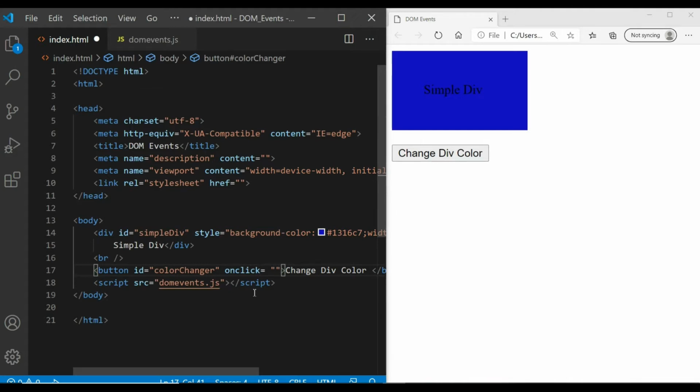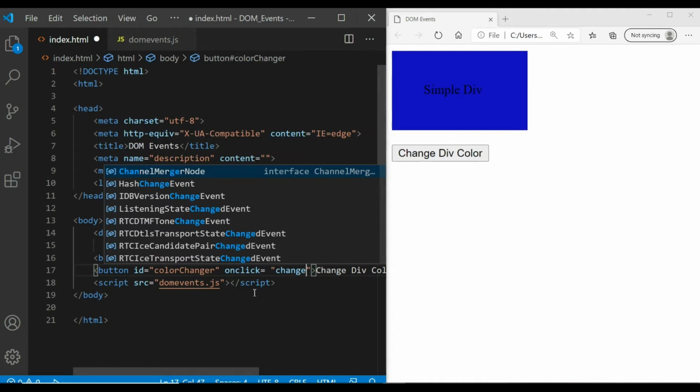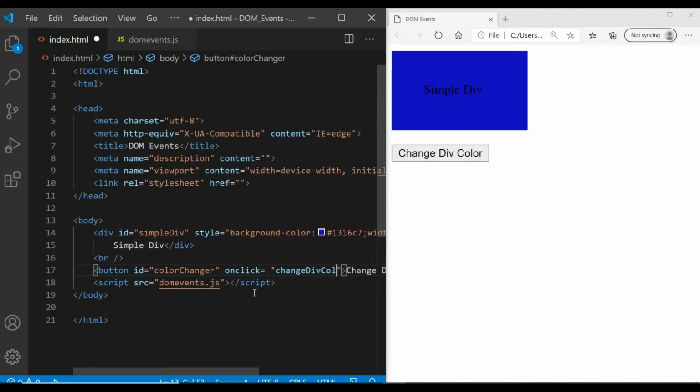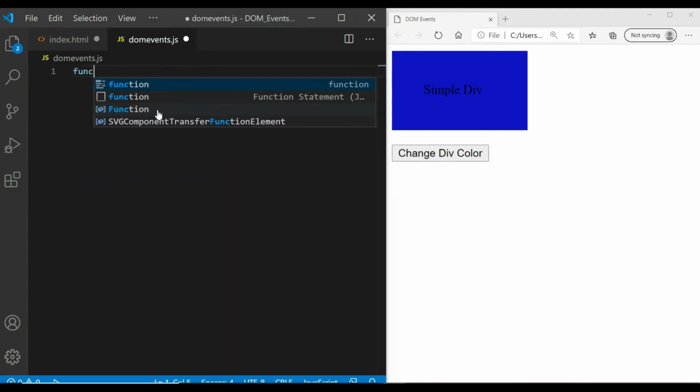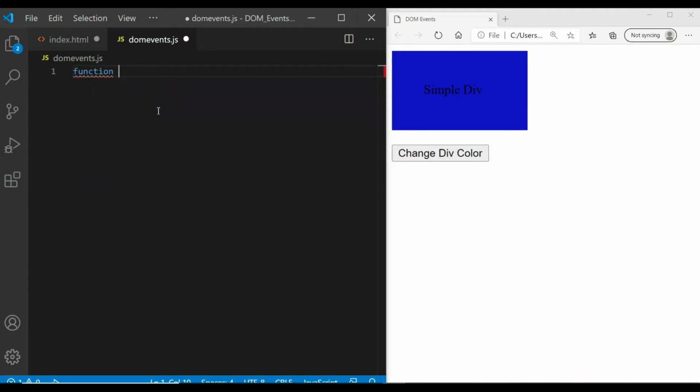Right now just write the name changeDivColor, and this is a function. This is the same function we're going to create in our JavaScript file, so that after clicking, this function can be run.